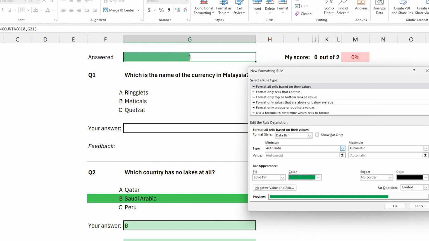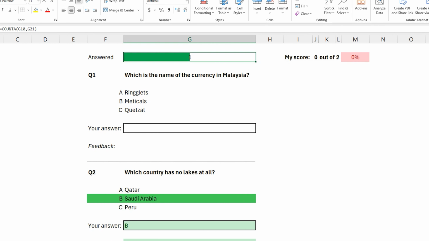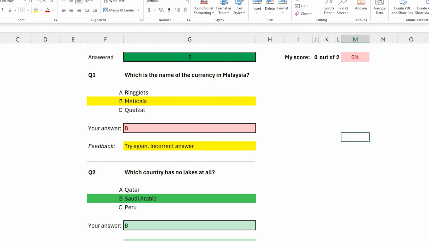And then instead of minimum value automatic, we can put a number, minimum 0. And the maximum, again, we change to number. The maximum, in our case, can be 2. So we hit OK. And as you can see, we already have this one ready to go. And that's the answer part.